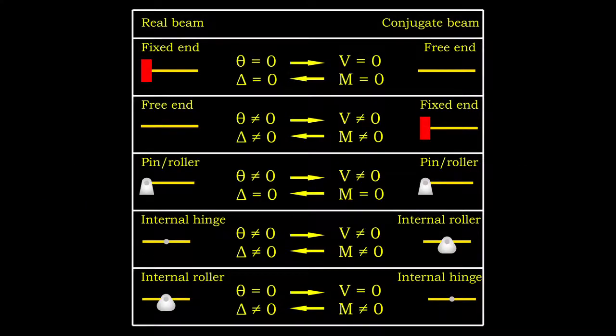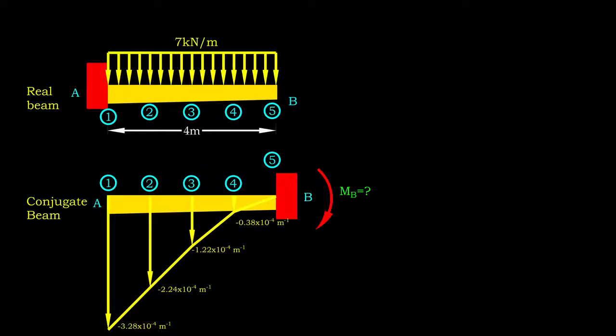To calculate the deflection of a non-prismatic beam, we may use the conjugate beam method. We develop a conjugate beam based on the support condition. For this example, the end conditions of the conjugate beam at points A and B are free and fixed respectively. Then, we treat M/EI as loading acting on the beam.